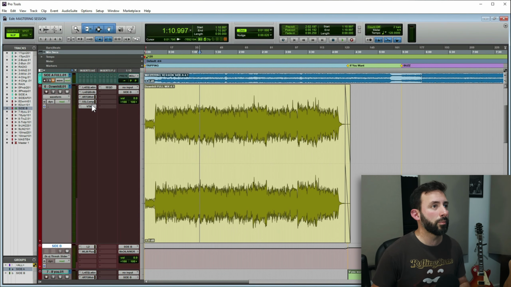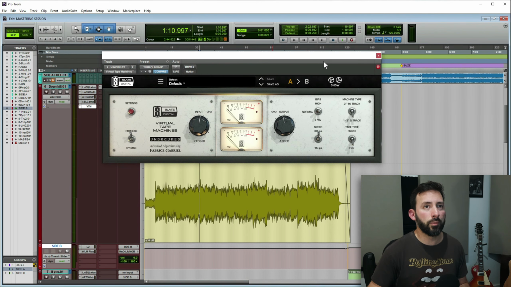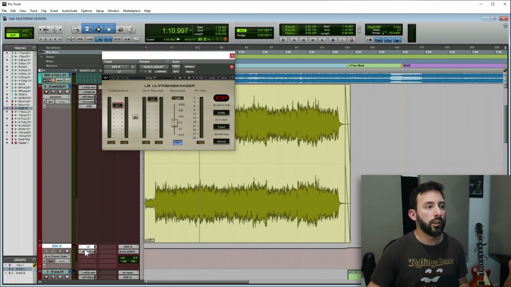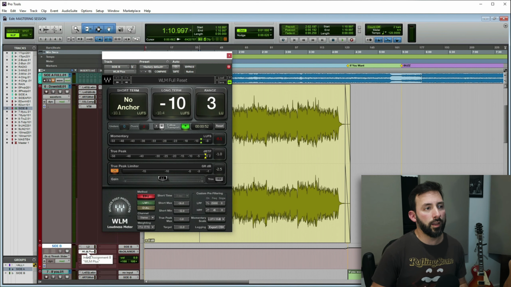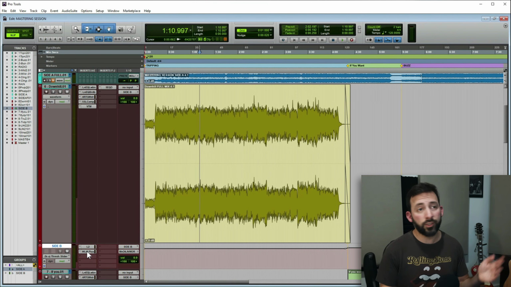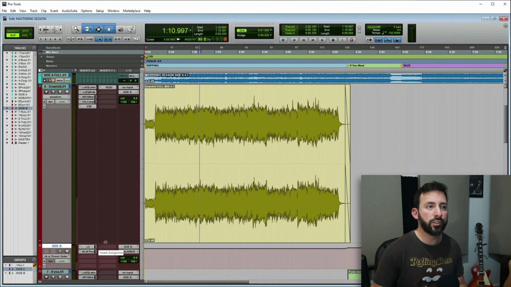It's still retaining a lot of dynamics. I'm not making a square of my audio, so it's all good. And it's -11. It's close to -14. But yeah, anyway, it's the way I like it. So this is my whole chain. Some EQ, some compression, some of this harmonic distortion in here, limiting, metering, so I know the volume I'm getting, and that's it. It's ready for Spotify. It's ready to be released.